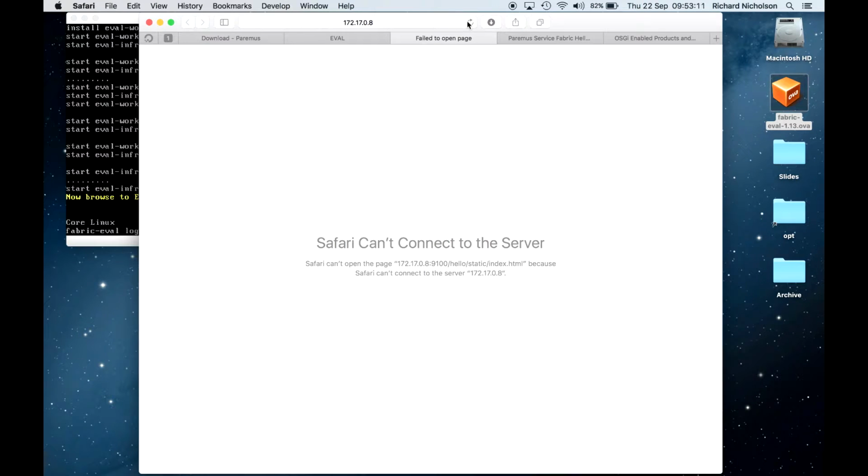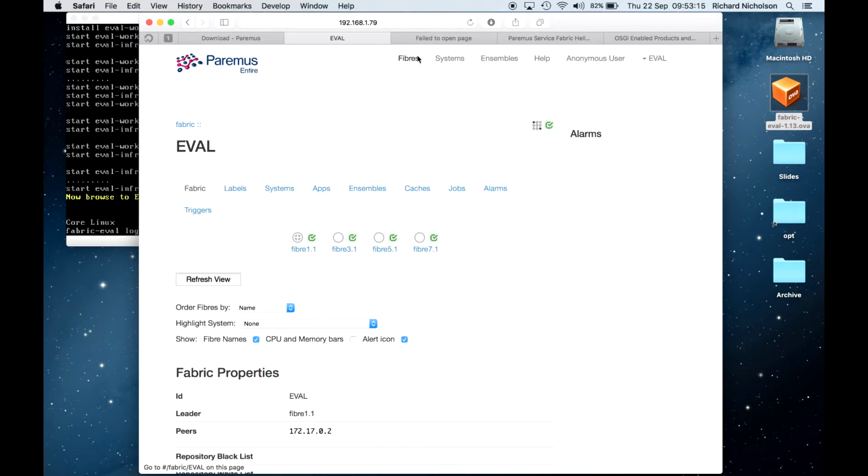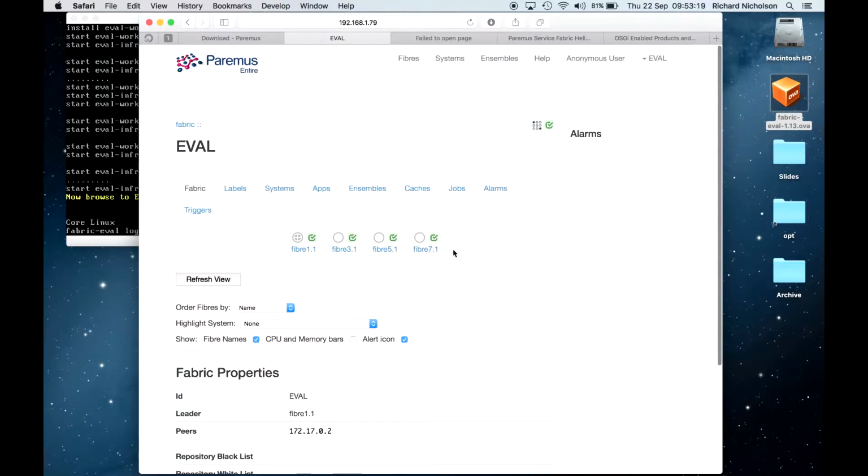And we're gone. The Service Fabric is capable of running OSGI and non-OSGI software artifacts. There are a number of examples in the online docs, including RabbitMQ, Kafka, and Cassandra. To run up those samples, you'll need to get the full free evaluation, so you can run this on a set of real machines. You can get the full evaluation by registering online at